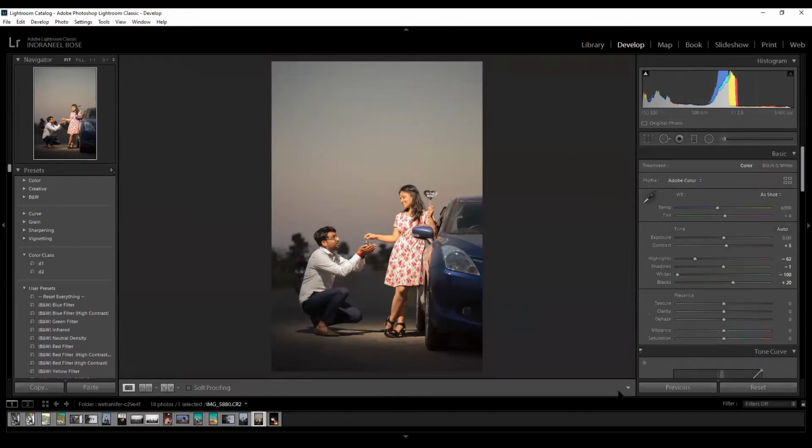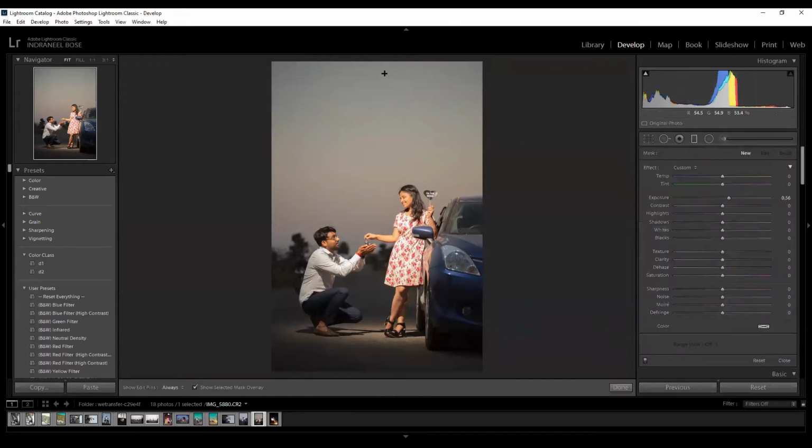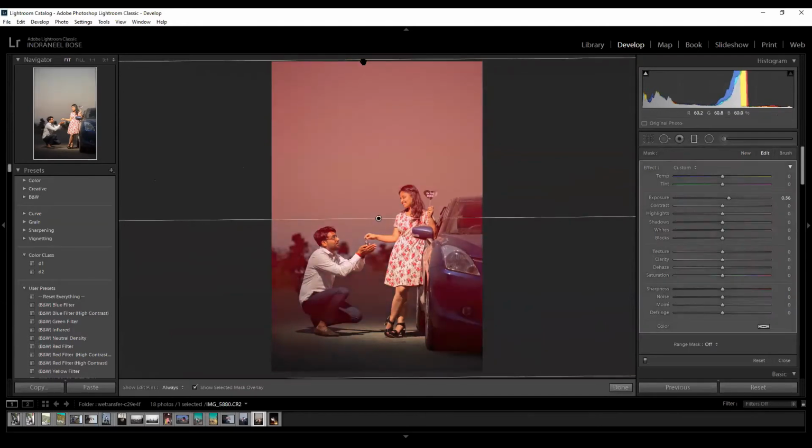Then we can take a graduated filter and pull down the filter. Now, if we press the O button, we can see where our filter is coming, the red part. So it's influencing all of our image. Now we can mark the colors that we want to apply the graduated filter on.